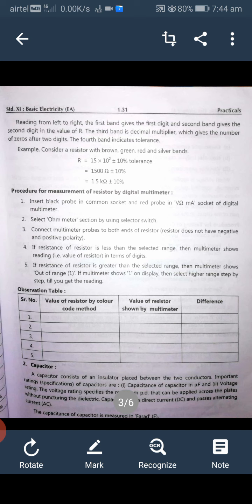The multimeter shows a reading in terms of digits for a few seconds. Note it down. After a few seconds, the meter shows 1 on the display or OL on the display. Then the capacitor is said to be okay. If the multimeter continuously shows the result in terms of digits, then the capacitor is said to be faulty, that is, either open or short.